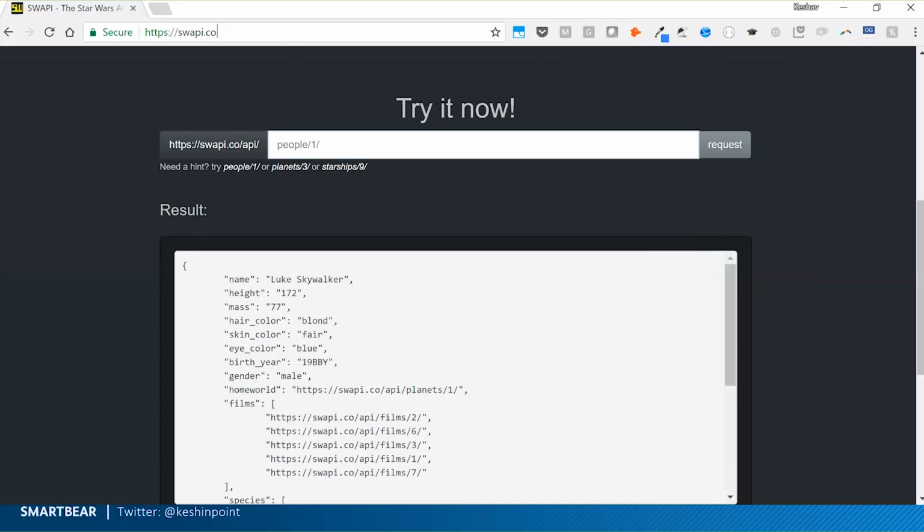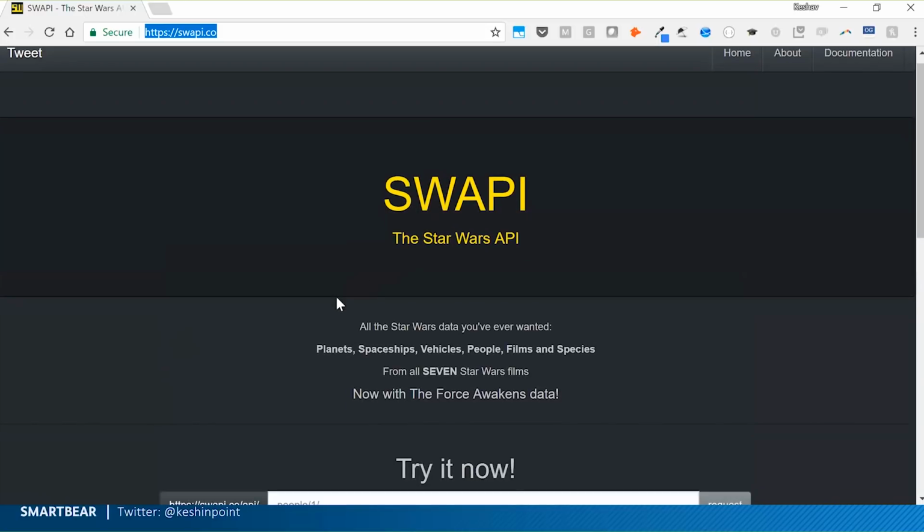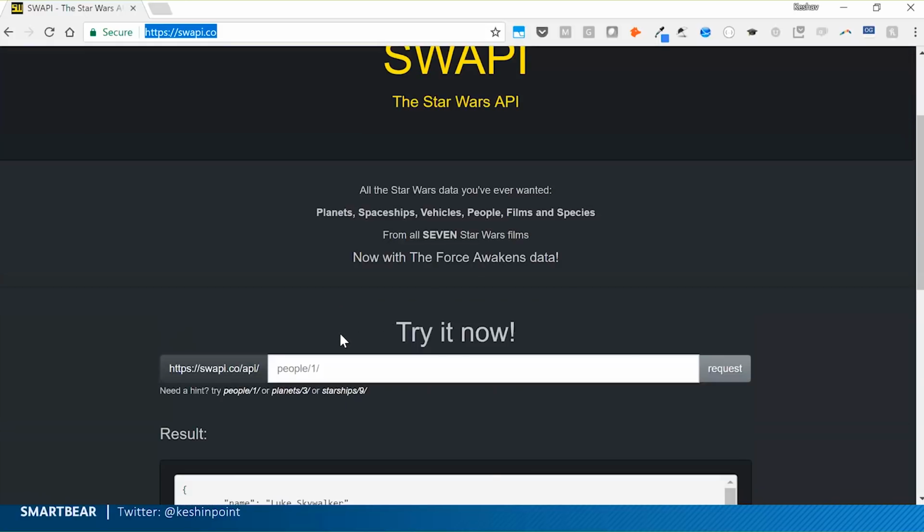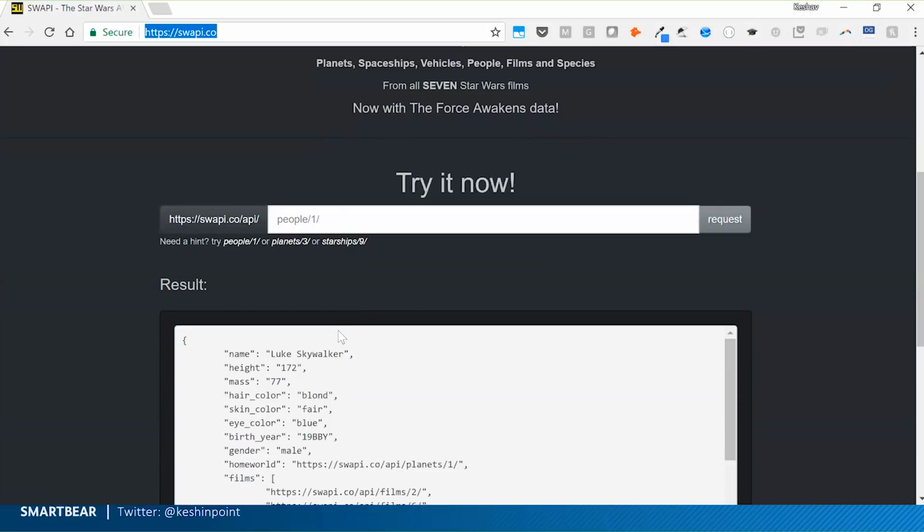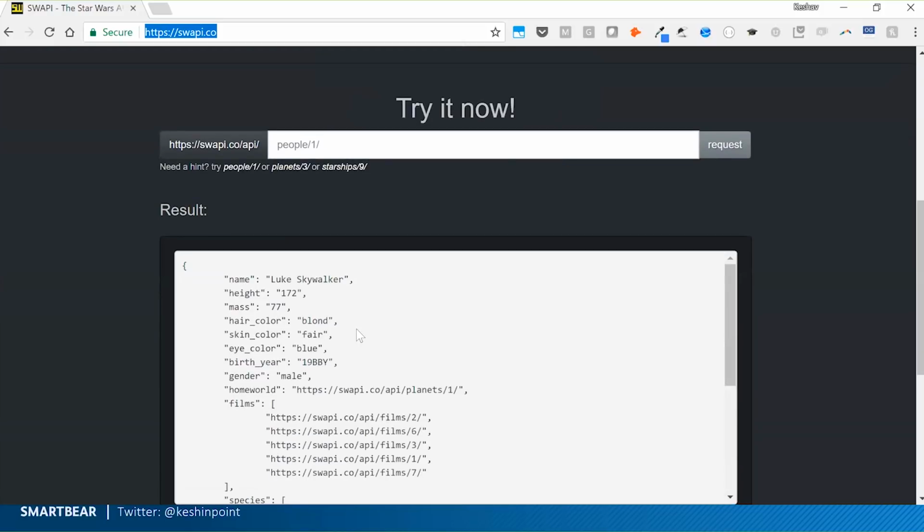So I hope everyone can see my screen. So on my screen, you will be seeing the Star Wars API. So you guys can actually check it out. It's a pretty cool website called SWAPI, the Star Wars API, and essentially you can explore the Star Wars universe using this API. So let's say, for example,